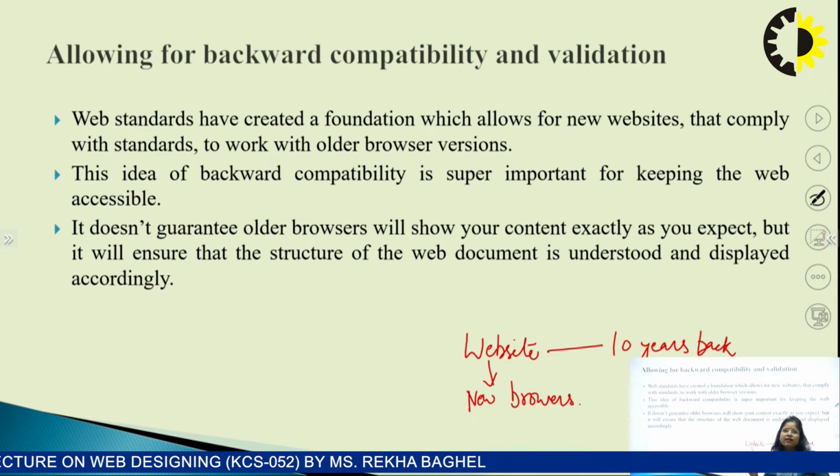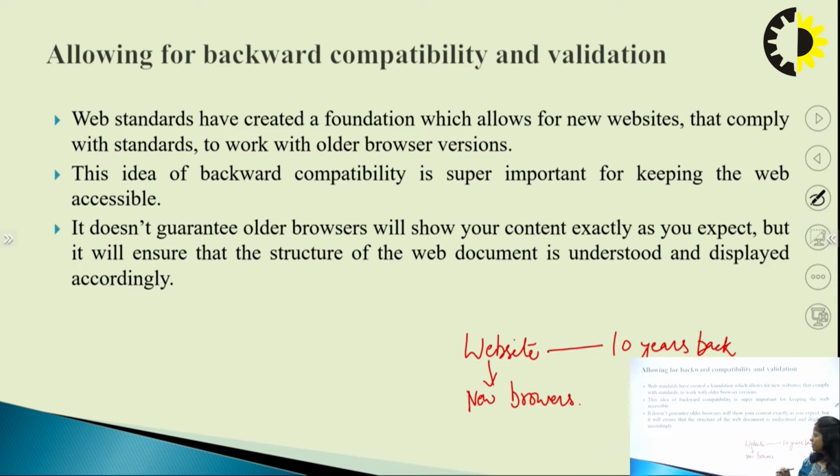So, backward compatibility means websites which were developed for old browsers will also be executed by the new browsers, in at least an average way, meaning at least the content or structure of the web document should be displayed.